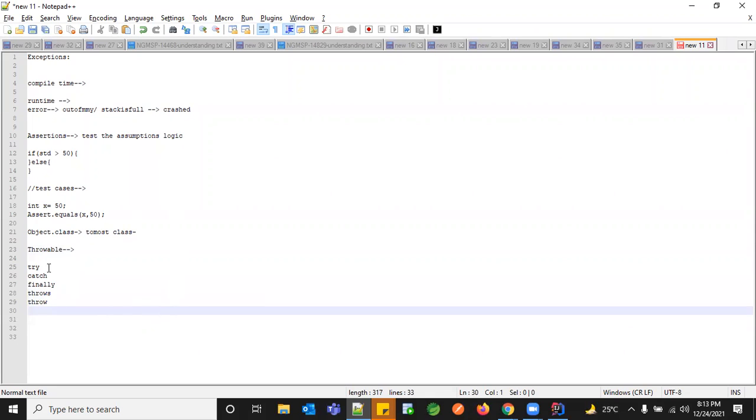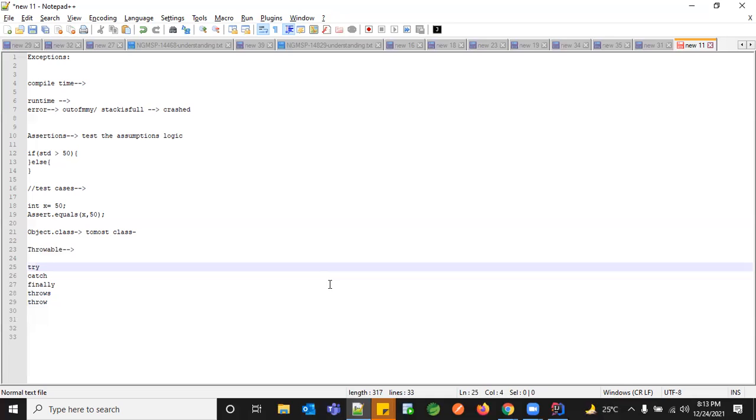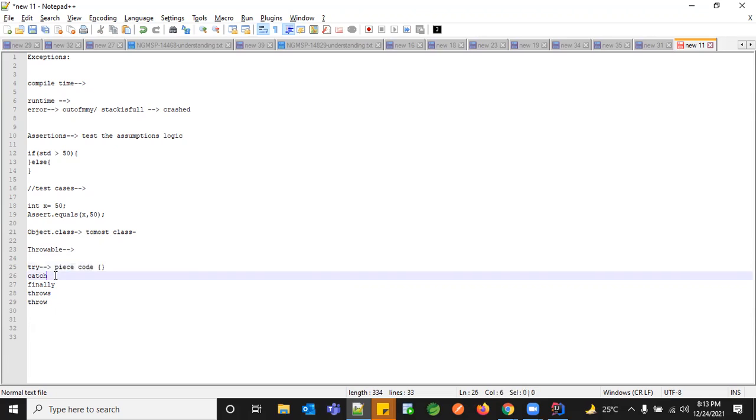So what is try? Whenever you think that this piece of code can give me some kind of error, either at compile time or runtime, and I want to handle those errors and exceptions, such a piece of code has to be present within your try block. What is catch? Whenever you get an error, you need to handle it, right?